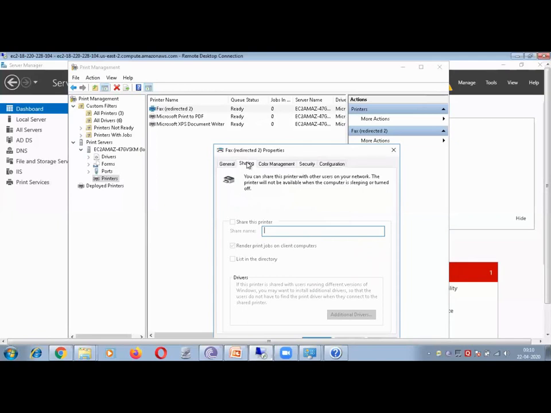Remember, when you share the printer, this printer can be accessed by everyone, on the basis of the permissions you assign, and you can get complete control of the printer. So with the print server, you can add the printer, add the driver, and manage the printer, like stop the queue and update the queue, and you can assign permissions on the printer. You can also manage the sharing and the sharing related permissions.